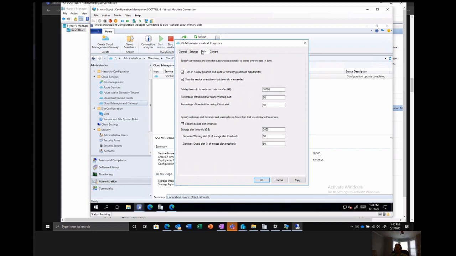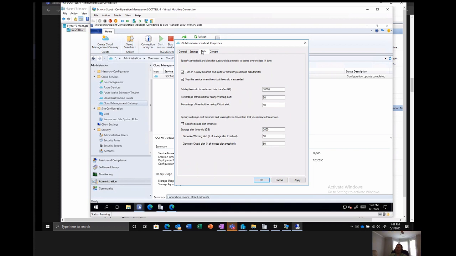Now, we do have a new feature in the 2202 release of Configuration Manager where you can do a bulk token enrollment using a workgroup device, and it can register over a cloud management gateway. So that's a new feature. It recently just came out. I haven't had time to play around with that, but for the most part, to get the initial configuration, most devices have to be on your network to get the policy update to know that there is a CMG available